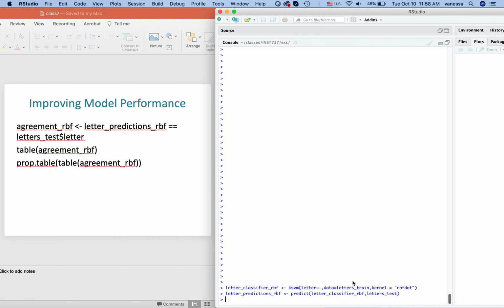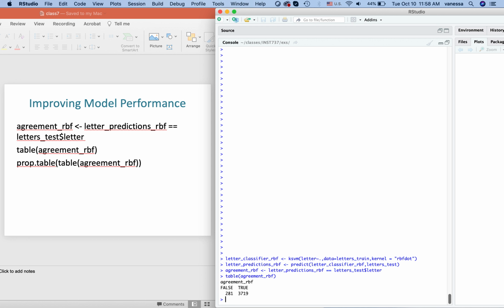So we're going to compute the agreement for the RBF, and the way I'm going to define this is by looking at how many times the predictions from the RBF were the same as the ground truth we have in the testing data set, specifically in the letter column. Okay,